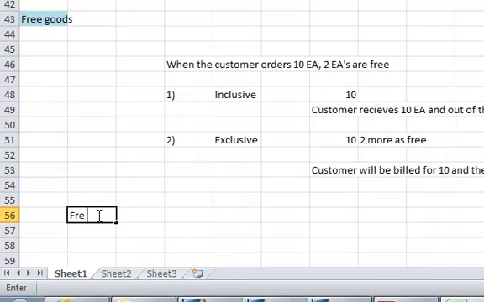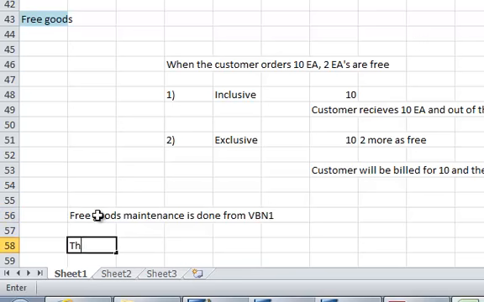Free goods maintenance is done from VBN1. The easy access menu path is